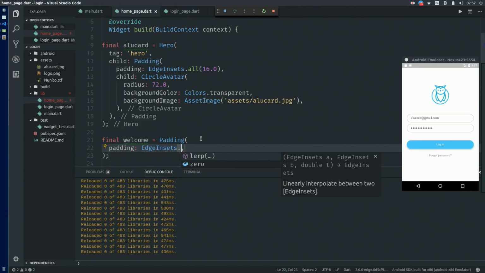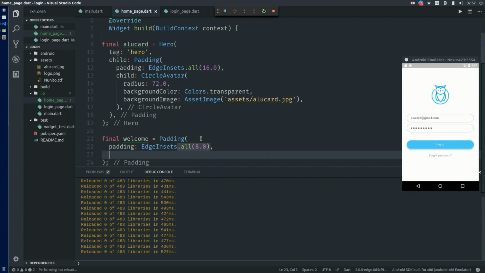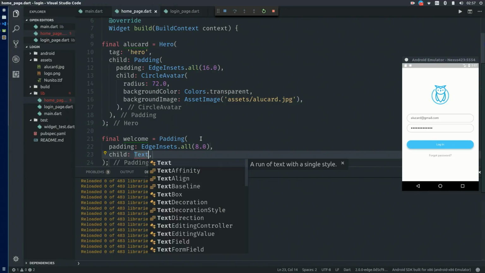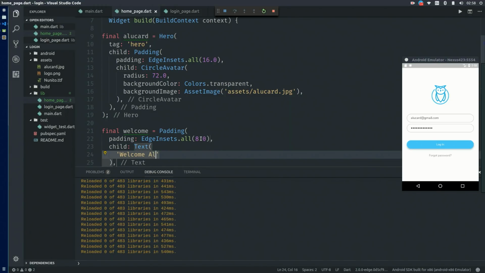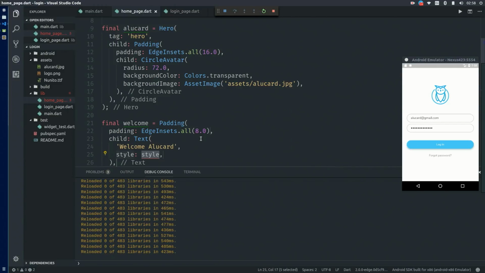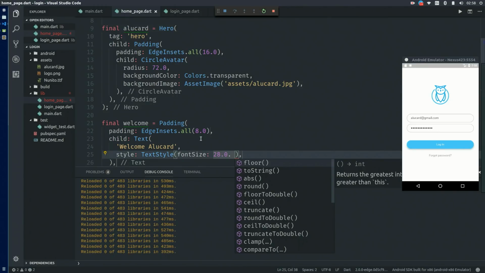EdgeInsets all 8 maybe is enough, and the child is text welcome alucard with style text style color. Font size 28, and the color is